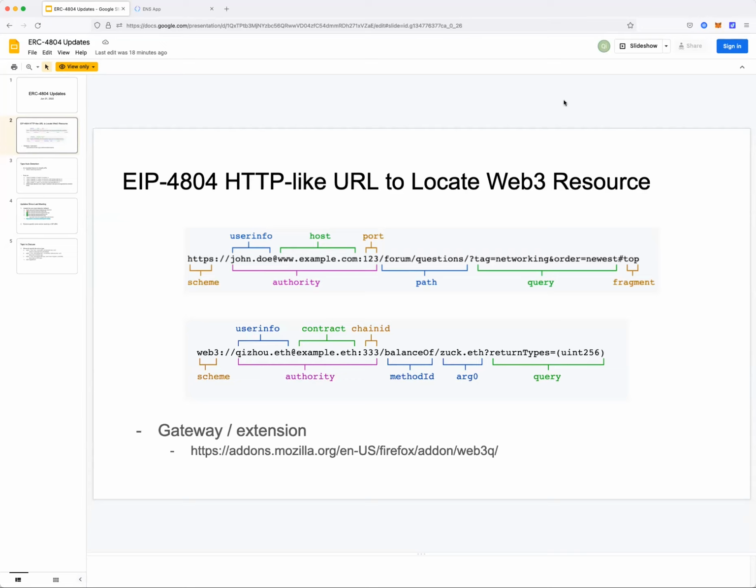I don't know, maybe that's part of the spec that I didn't see, but that makes sense. It would make more sense for that to be part of the fragment data to me, if it's on the browser side. Yeah, from the browser side, you mean the fragment data? Yeah, naturally. Here I did not put the fragment part, but the fragment part will still be handled by the browser side, which is the same as HTTP.